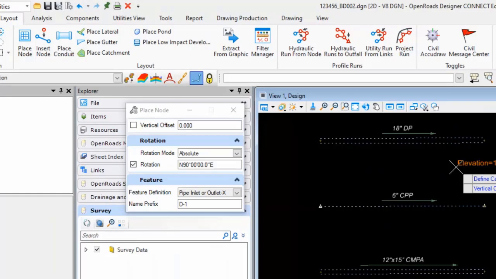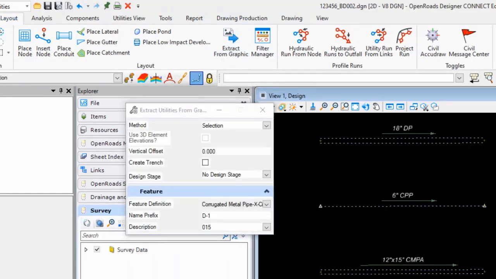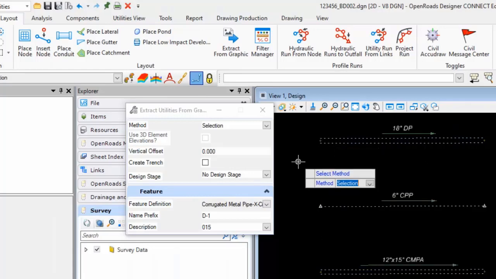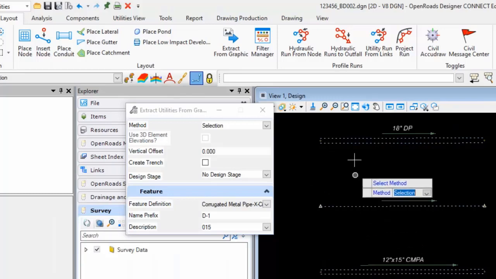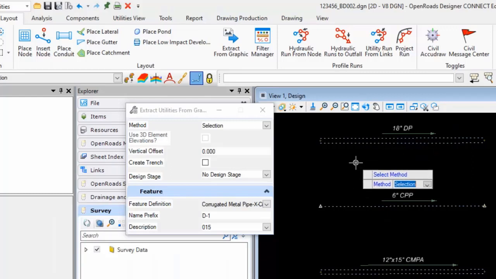Now, there's another option I could use. I could use extract from graphics, but there's really no way that we can define these points to extract the points because they're each using a different feature code for the type of pipe. So it uses the survey point cell, but they're all different feature codes. So I can't really isolate that to extract those as nodes. And I can't really use a selection set on the pipe materials themselves because they're all the same level, color, and line style. The only thing that's really different is the width of that line style. So I can use a selection set to select any pipes that are all the same material.